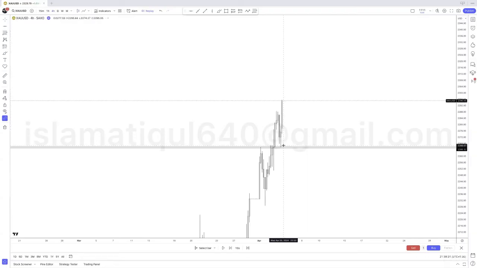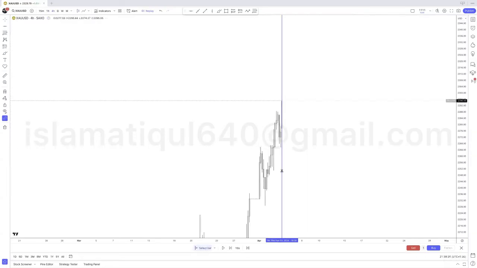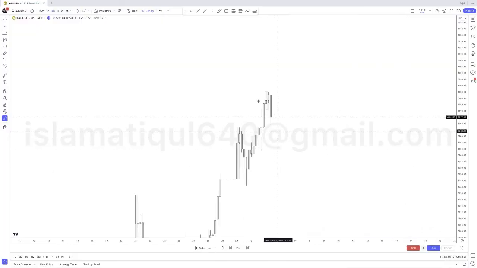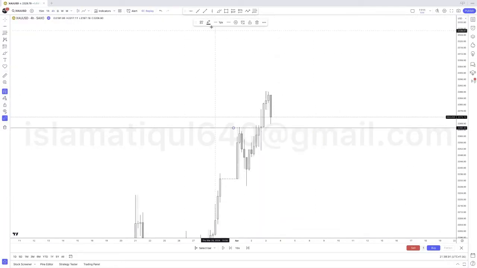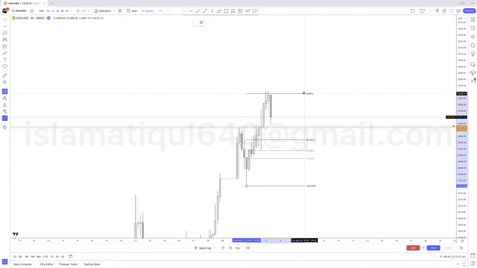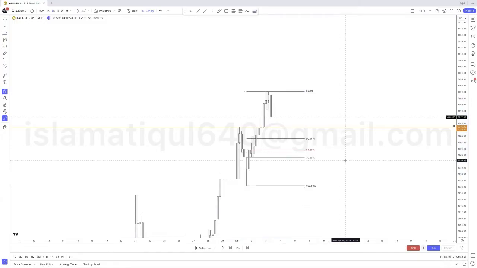Now, in this example, once again, I know that this right here is a strong level, right? We know that this is a strong key level for us to look into because we have the H4 previous market structure high here. We have two rejections here. That is perfect. But if I draw my range, let's say from here to here, it's not at a discounted price, right? It's not at a discounted price. So